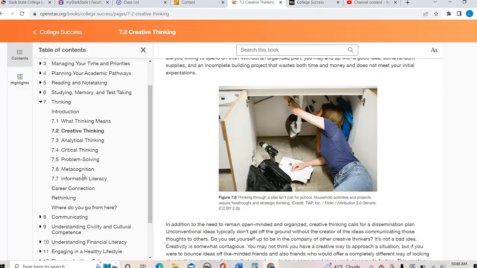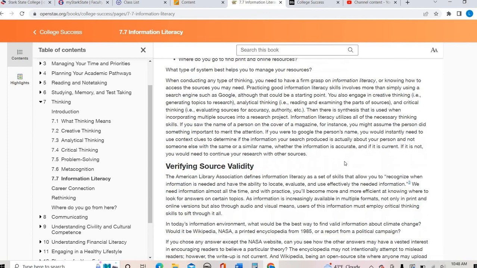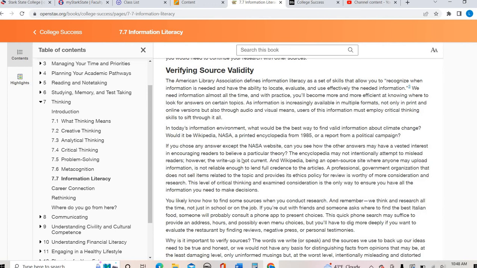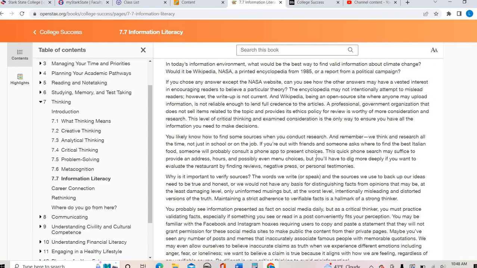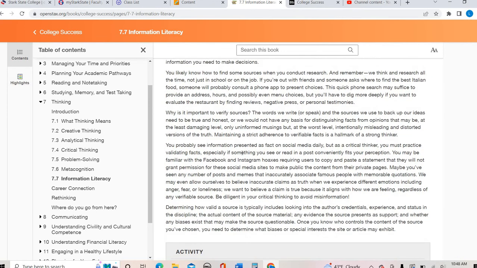In your text, go here. This really goes into more detail about how you can verify. And if you are in a face-to-face class or even an online class, we'll talk about the digital library in here as well. The digital library is a great place to go to make sure you're using credible sources. This goes into more detail about looking at different websites and seeing when it was published. Are they just trying to provide us information, or is there bias present? Are we taking anything at face value?